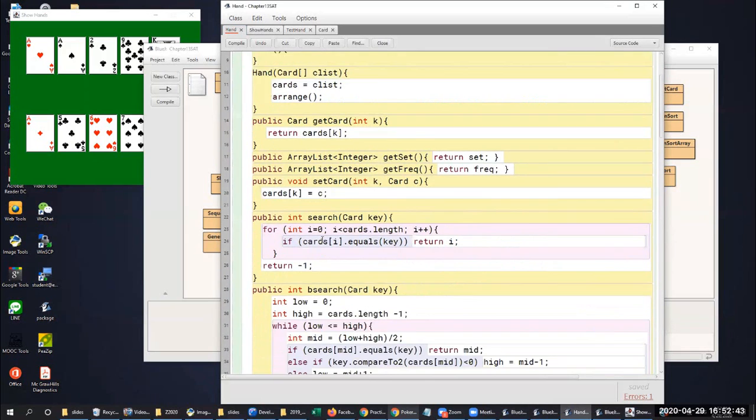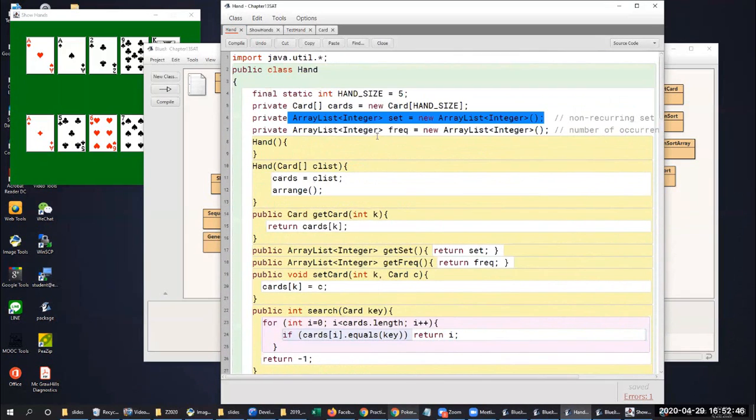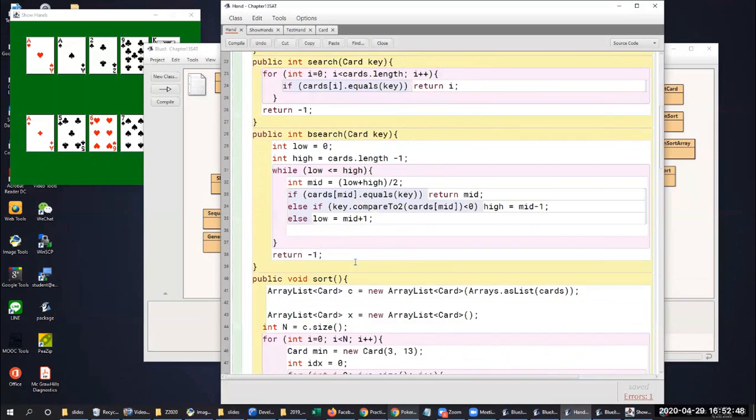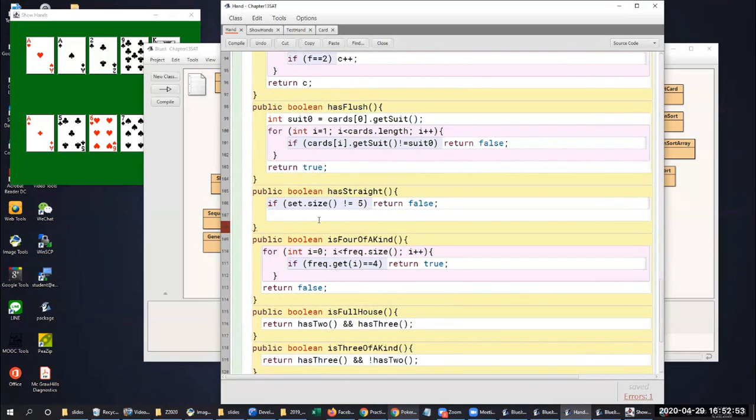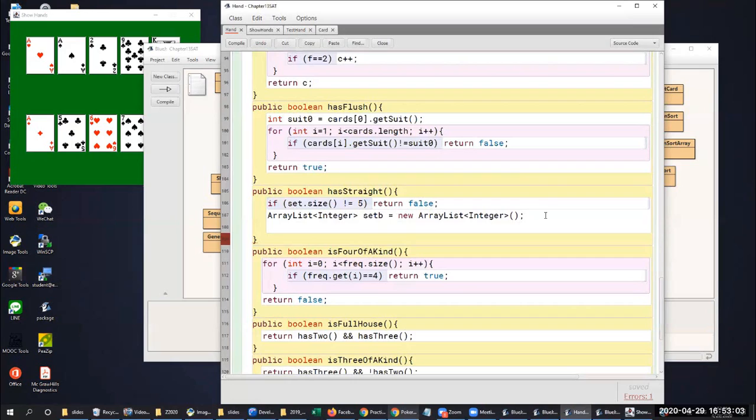I copy it, put it here, and call it set B. We have set and set B. What is set B for? It is used to incorporate the A. So for each integer s from set,